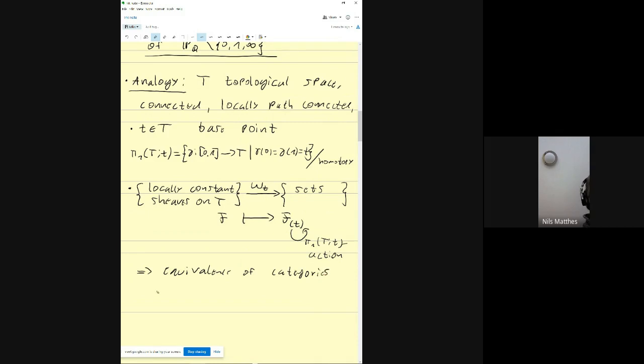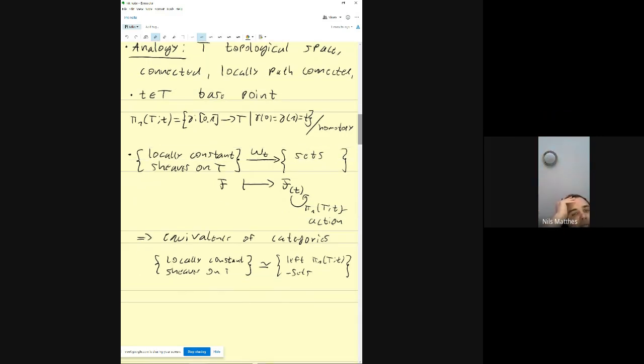between locally constant sheaves. I'm sorry, those are sheaves of sets, no? Of sets, just of sets, yes. Okay. Locally constant sheaves on T with the category of left pi1 sets. So these are just sets, so there's no topology or whatsoever involved. On the right hand side, it's just sets together with an action